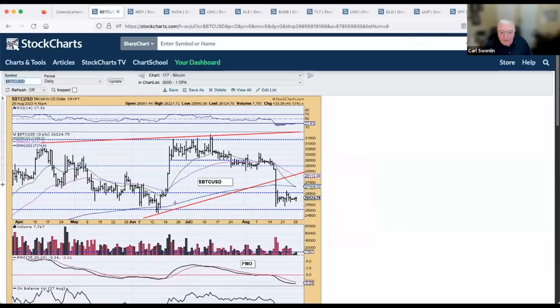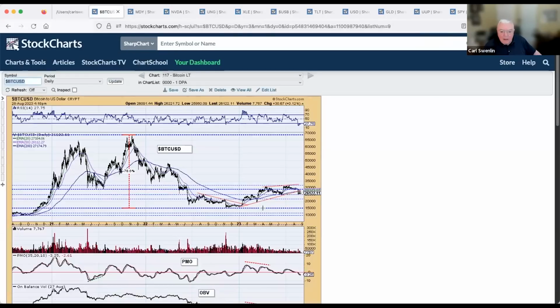We've got the rising wedge formation, broke down from that, and it's moving sideways. In a big picture, you can see where all the major lines of support and resistance are, and here's the rising wedge formation that is broken down. We found support at this level, so keep watching that. But again, I think this is probably going to go lower.